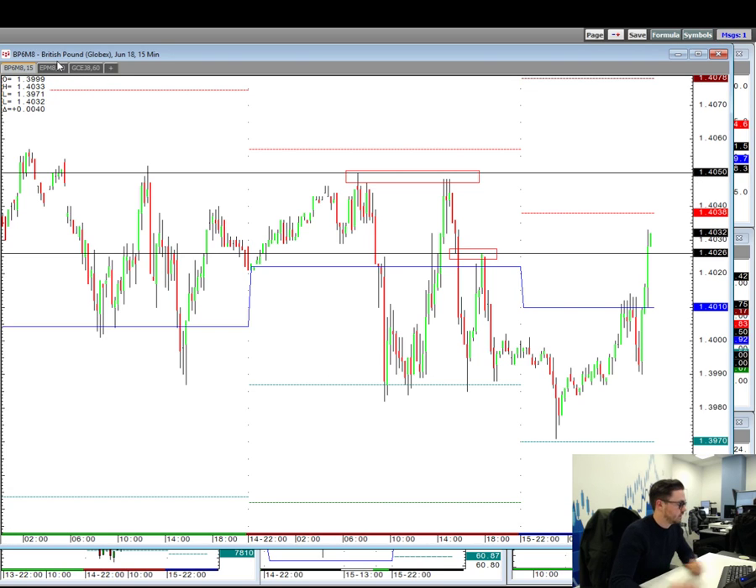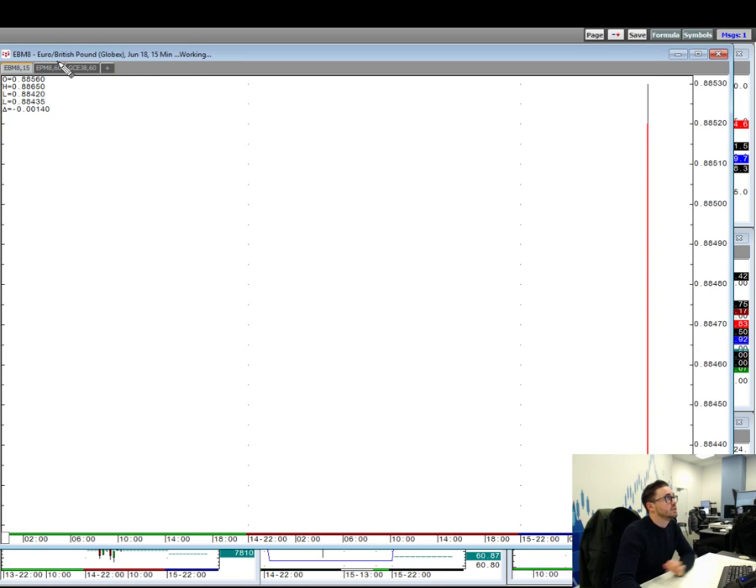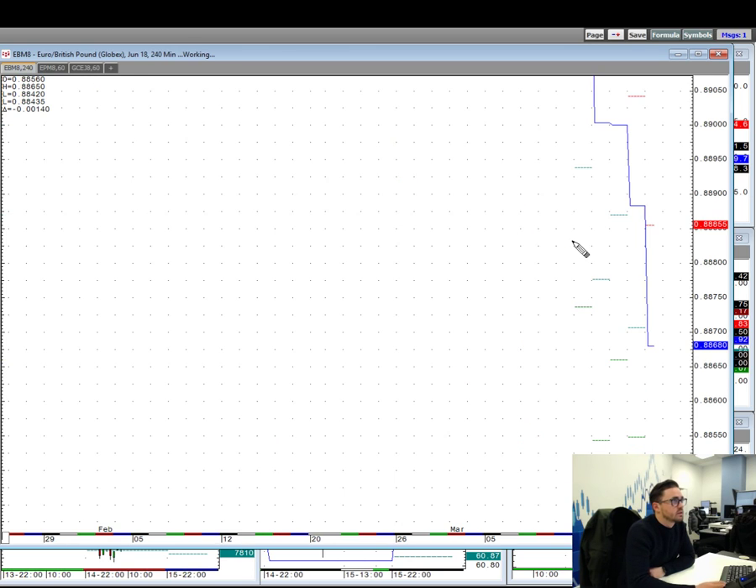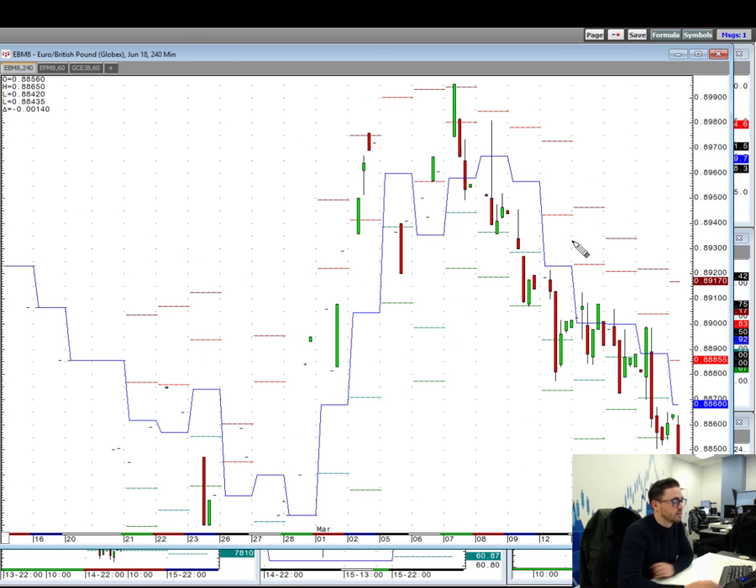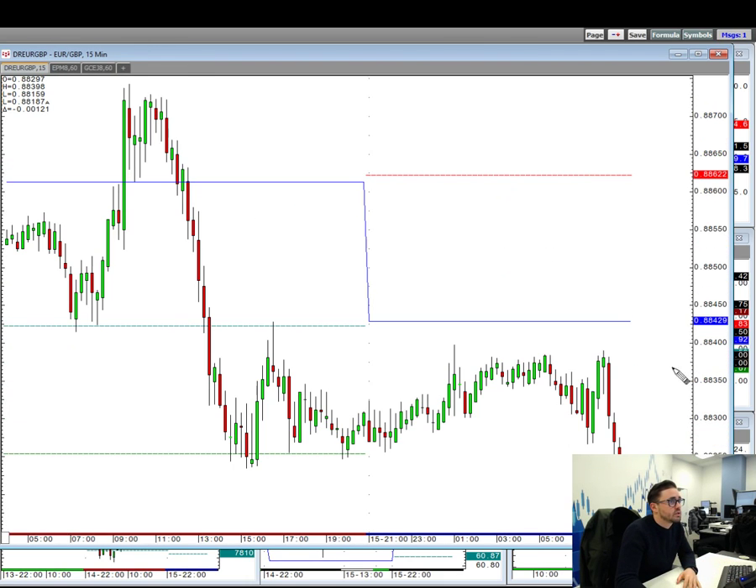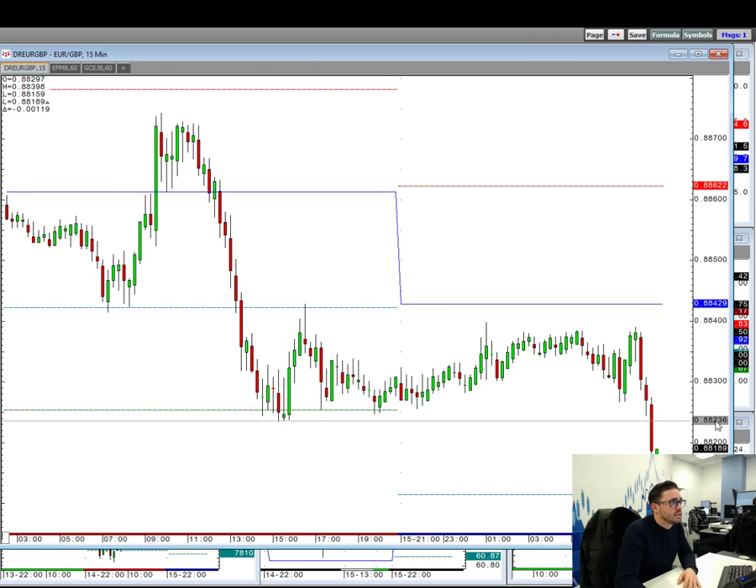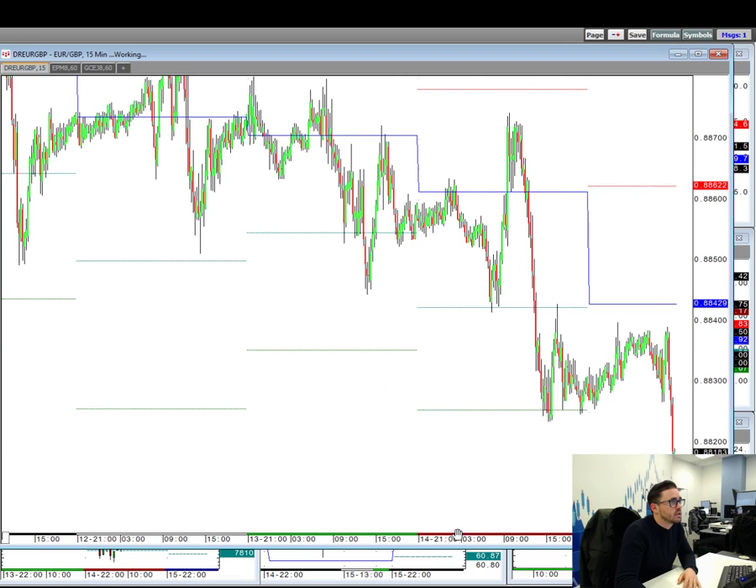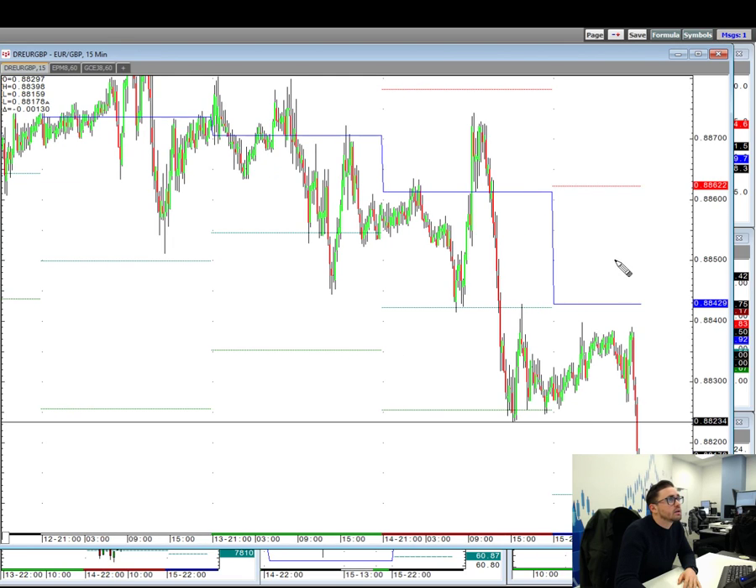Having looked at cable, let's have a look at euro pound as well. Just put some longer time frames on to clear it up. Actually, let me just go straight to the CFD to make it a bit clearer. You can see euro pound as well, just pushing to a new low. If we were to come back to test those previous lows from yesterday, could be a decent area of resistance